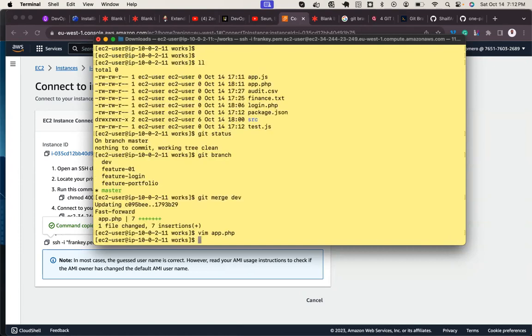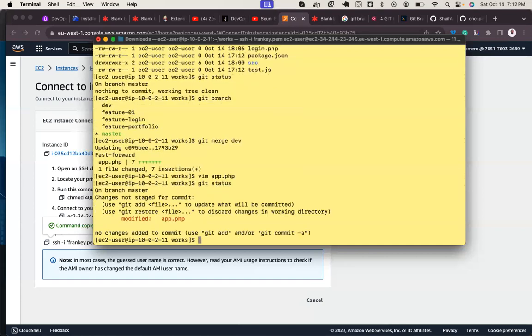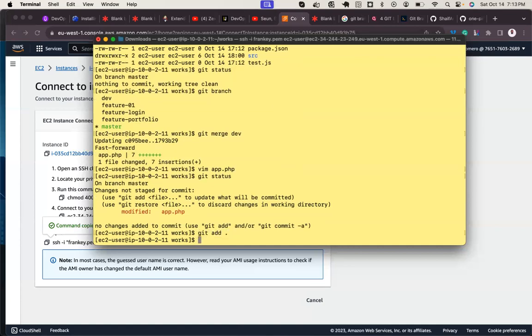Save. Git status. I'm going to add it now. Git add. Git commit -m. Master added content.